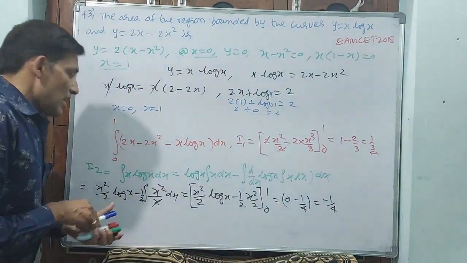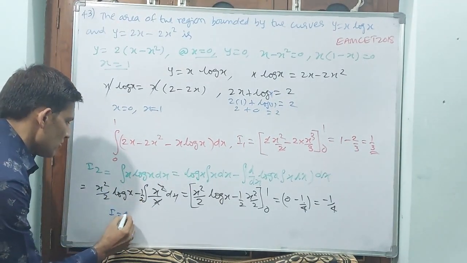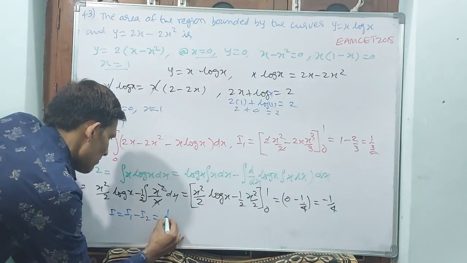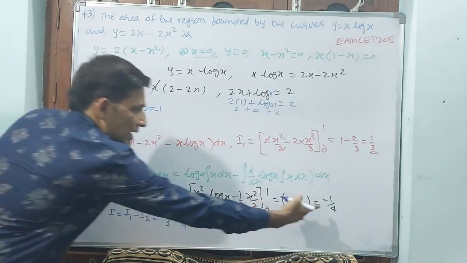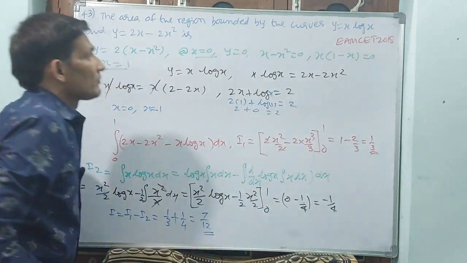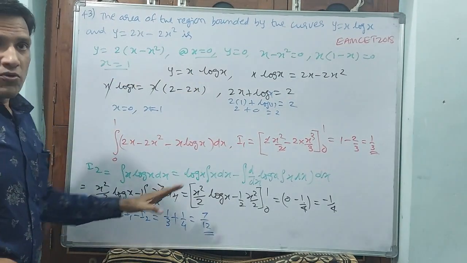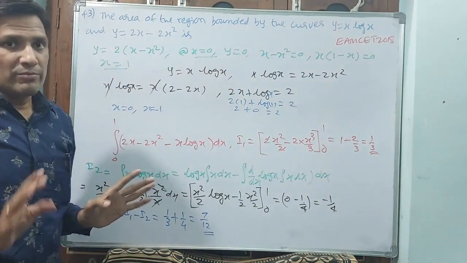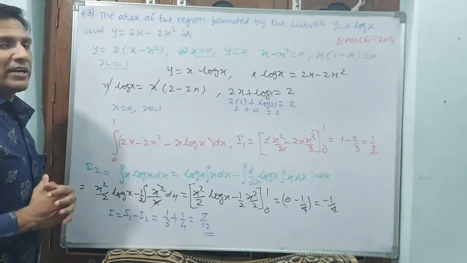You see the final result is I1 minus I2. Here minus is there. I is equal to I1 minus I2. I1 is how much? 1 by 3 minus of minus 1 by 4. Actually minus, but minus 1 by 4. See, 4 plus 3, 7 by 12. Understand? Okay. For this, don't try to put the graph. Why? Because the x log x graph you are unable to do. Sometimes it is better you go the shortcut way. This is the shortcut way I can say.